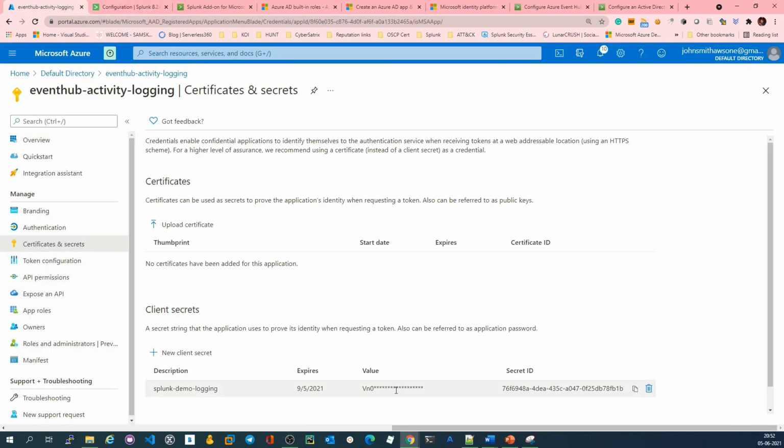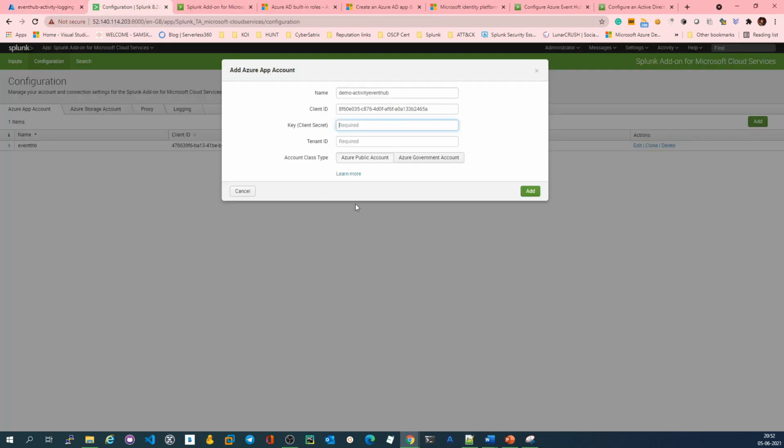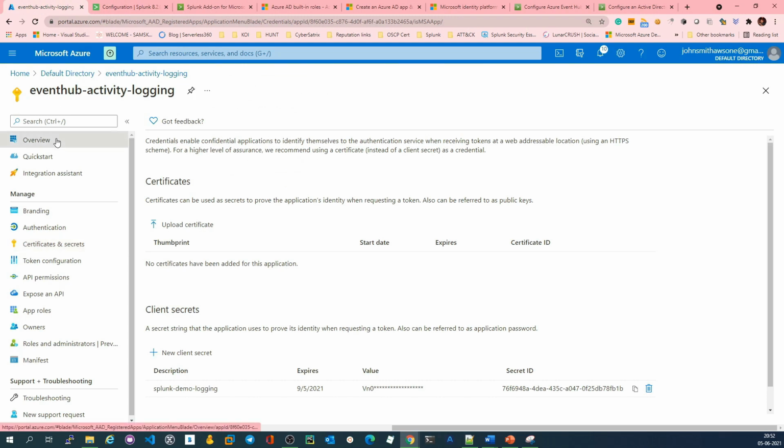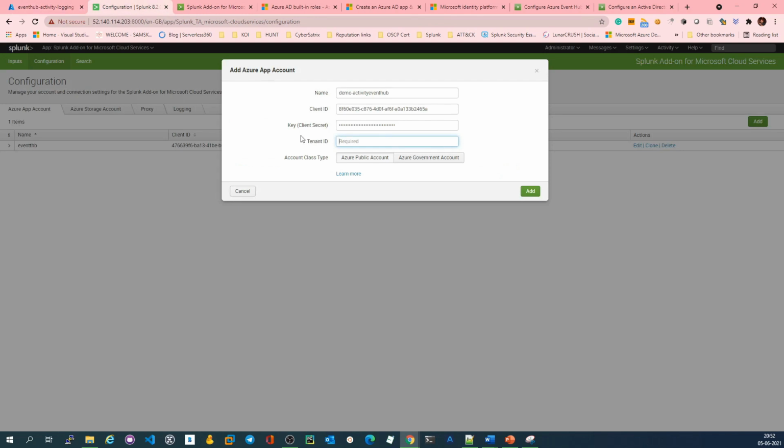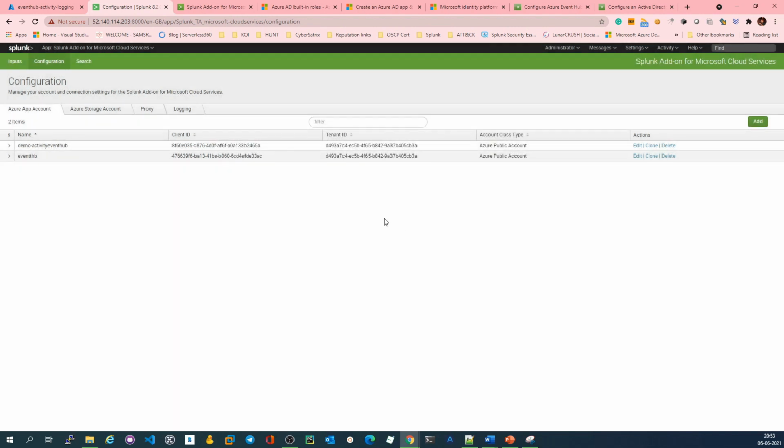I told you to copy this because it won't be available for later, right? I have already saved it, so let me copy and paste this secret key, and the tenant ID again you'll get from the overview section. This is my directory tenant ID. I'll paste it, right? This is my public account, it's not a government account. I'll just move ahead and click on add.